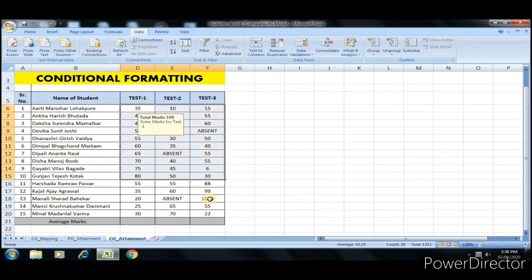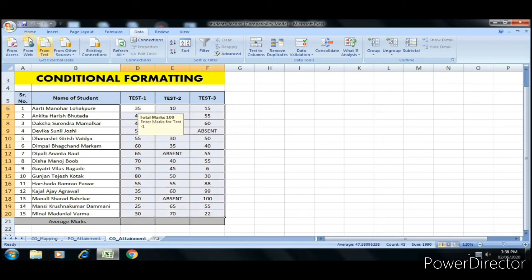Now we'll see how to check the unvalidated data entry in this table. Select all the cells and go to data validation, circle invalid data. It shows all the entries in a red circle. Now I modify this 1000 to 100, the unvalidated data is converted into validated data entry. That's why your red circle is removed. I can clear these validation circles.